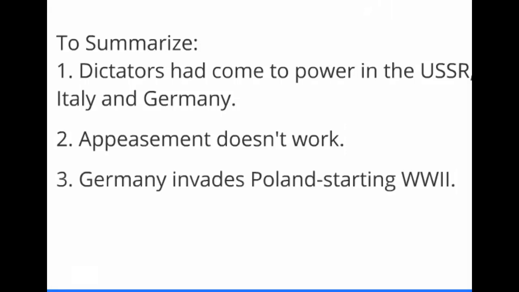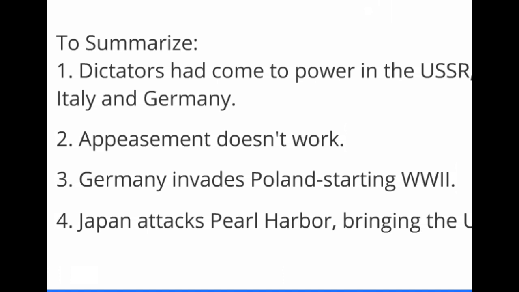That clearly didn't work. Germany, about a year later, invades Poland, and that is the official start of World War II. The United States policy at the time was neutrality. However, we did have the cash and carry policy that Roosevelt developed, and then ultimately the Lend-Lease Act, where we finally could loan the Allies military